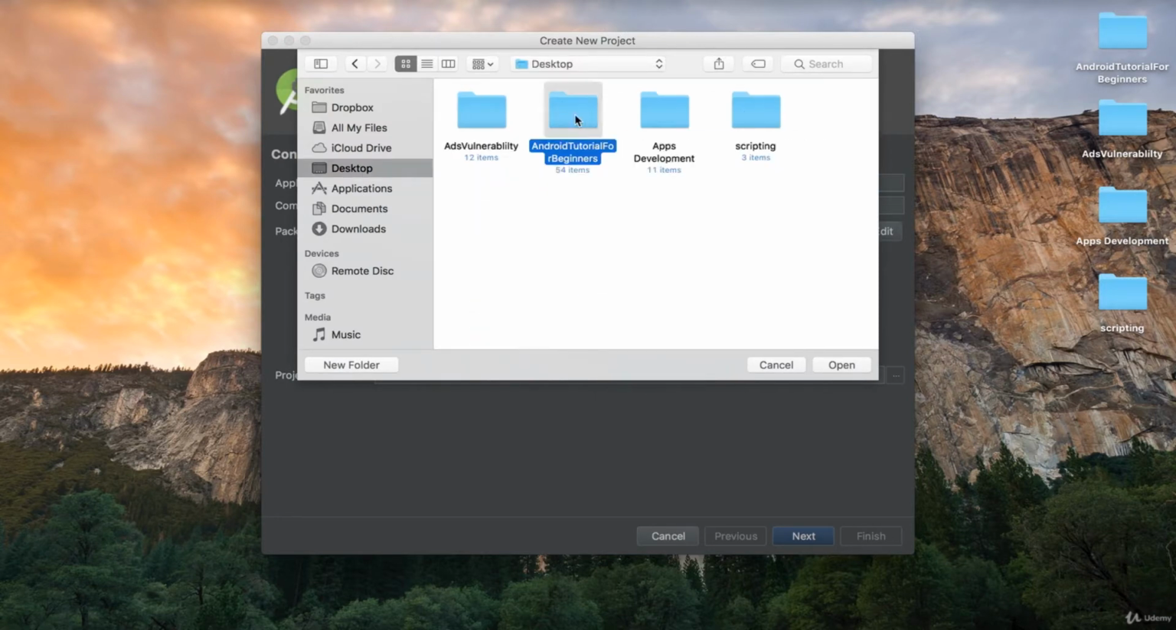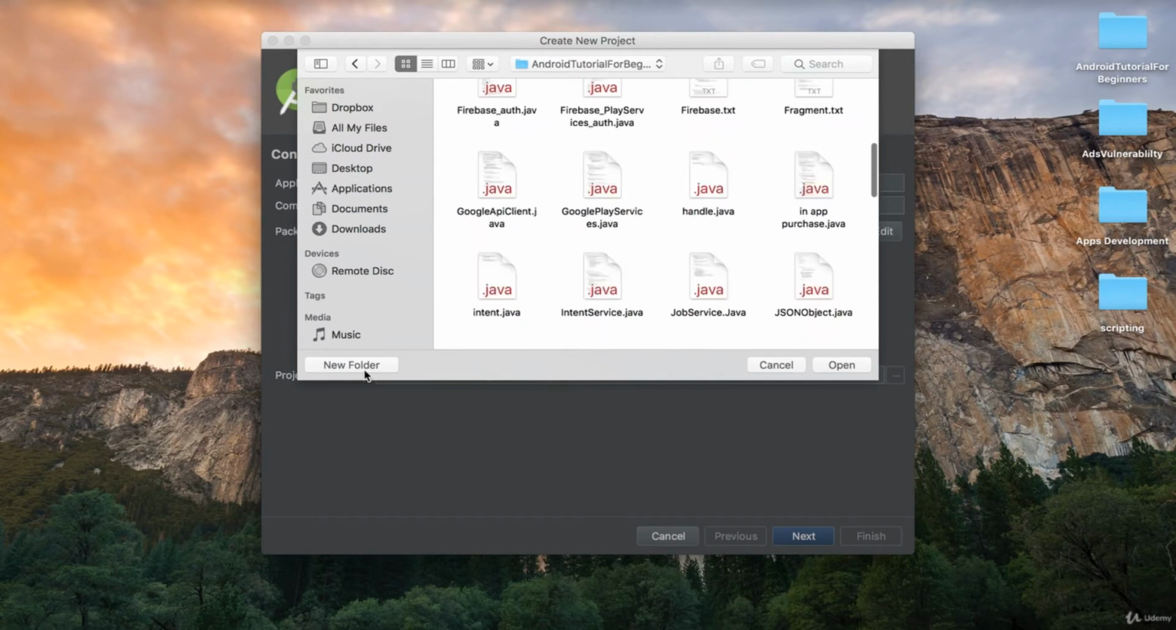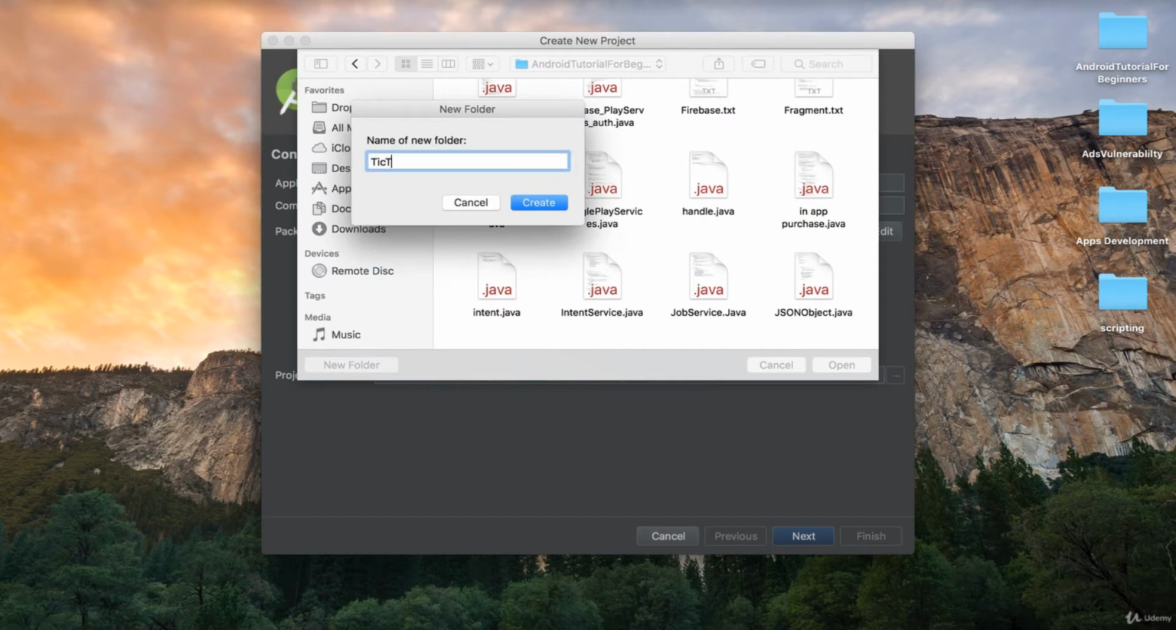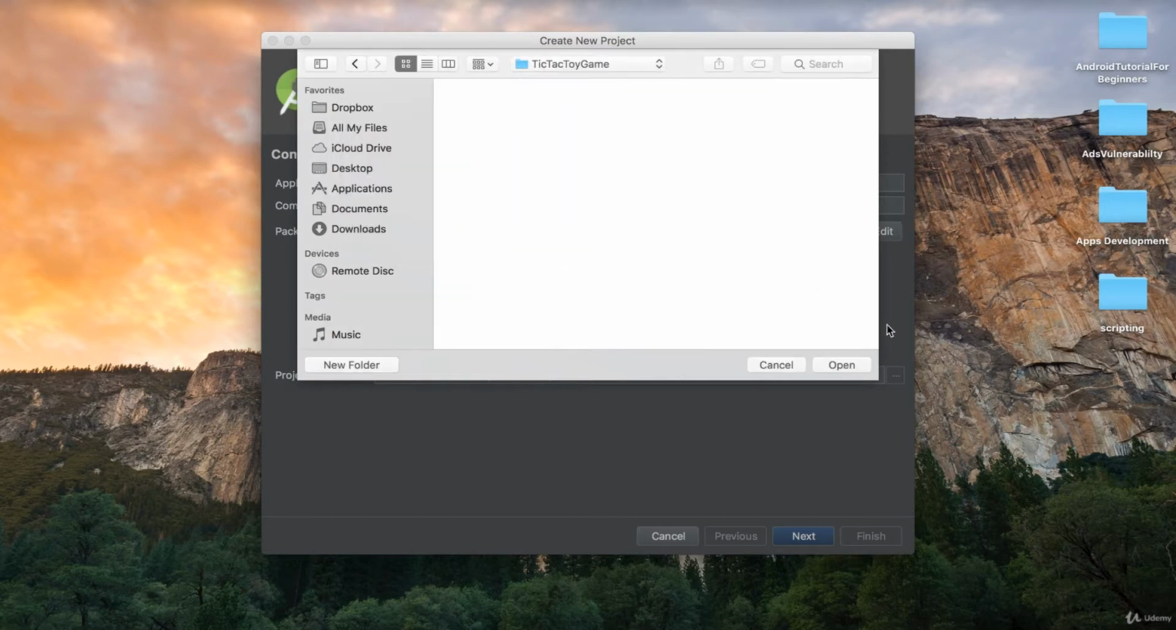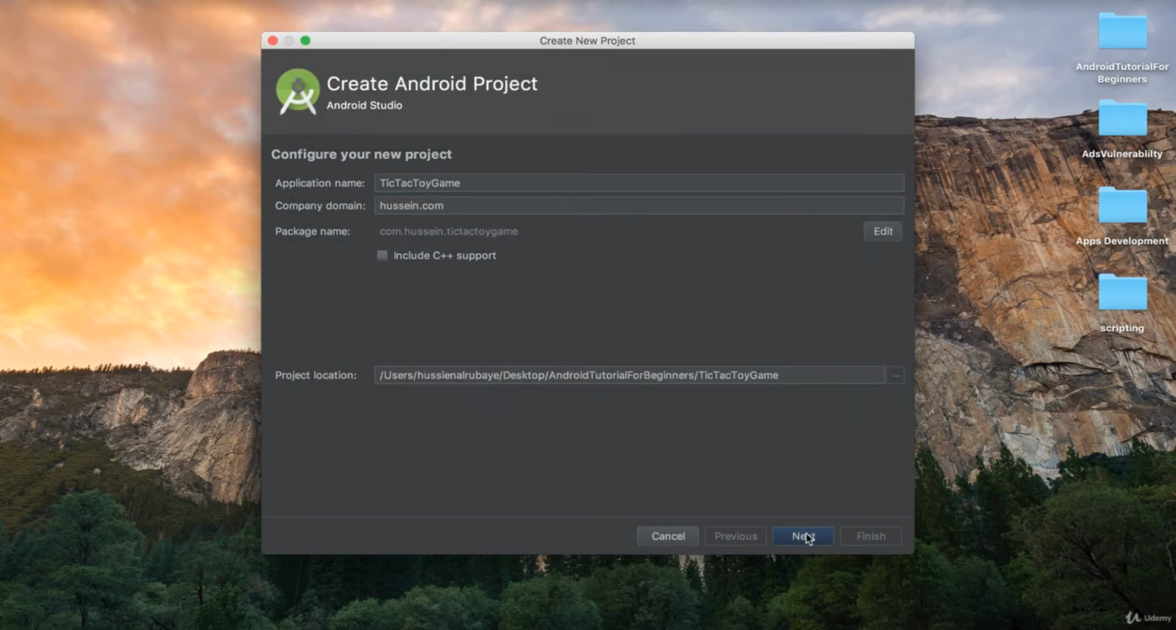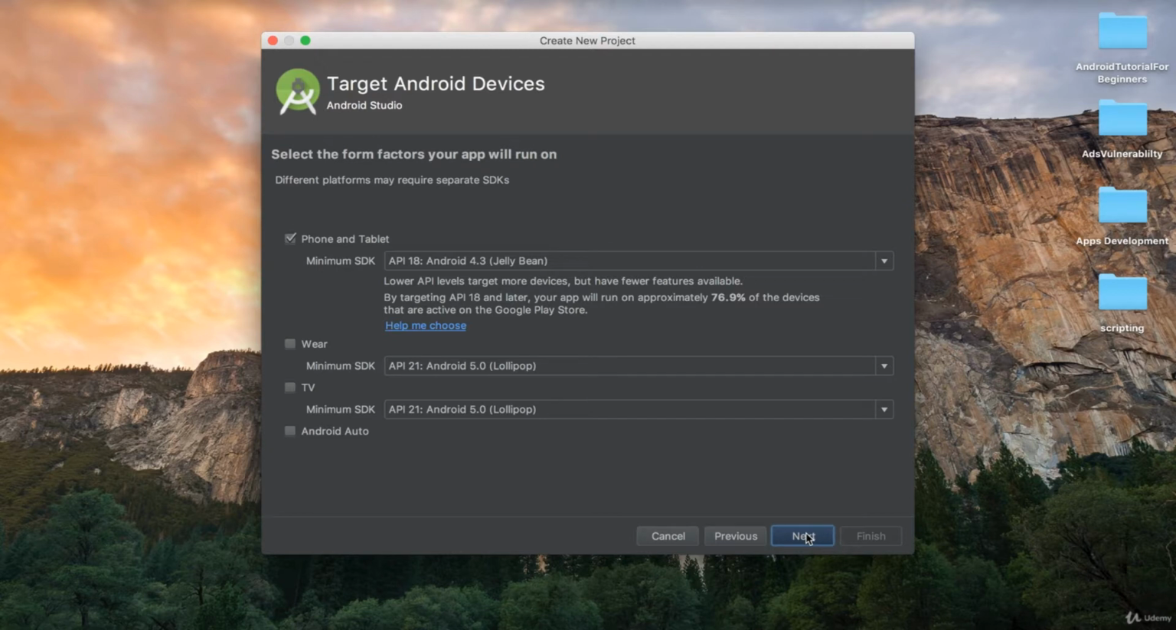So desktop, Android. This is a different project for Android. Let me create it here for the Tic Tac Toe Game. Okay, this is a project for my Tic Tac Toe Game. I'm adding my Tic Tac Toe game to it, so you could access it when you go to